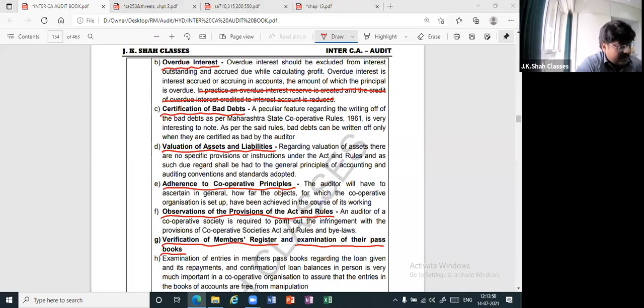There is a reason for certification of bad debts by the auditor, because that right has been given to the auditor to certify bad debts. Many times, the managing committee themselves commit frauds. They take the money and don't give it back, even if they are in a position to give it back. So the auditor has to intervene and check whether it is actually a result of some fraud by the managing committee. They give a loan to a third party, but that third party is themselves. Hence, the auditor has been given the right that only you can tell it is a bad debt, nobody else.